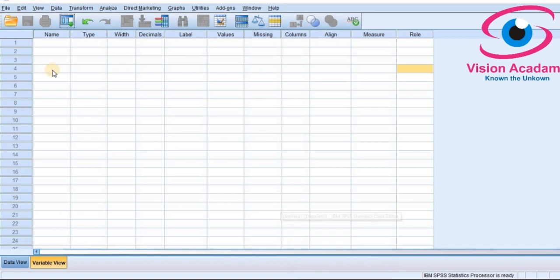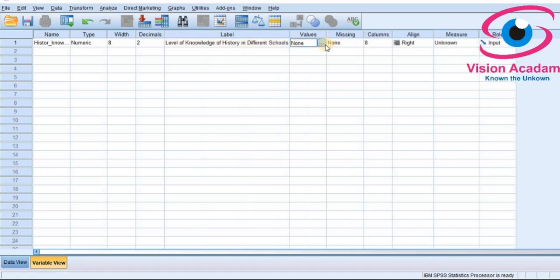So the data I will enter here, history knowledge, and by default it is selecting all. In the label I will give the level of knowledge of history in 4 different schools, and values I will enter here.